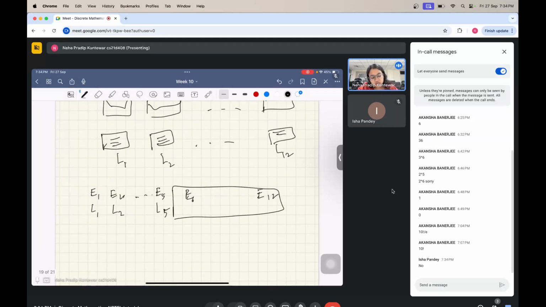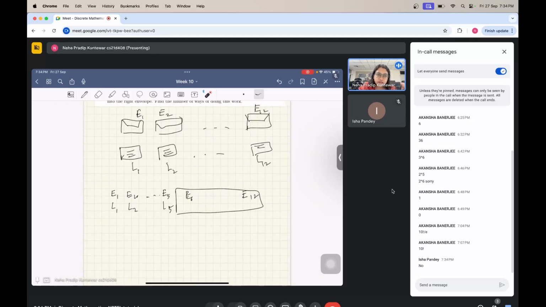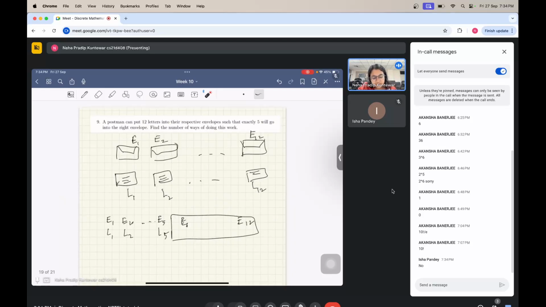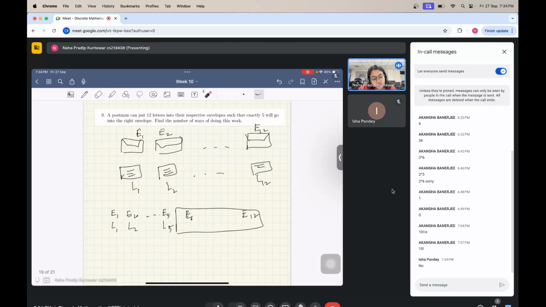You can't directly use the derangement here, but what we'll do is we'll modify this question slightly. You know that there are exactly 5 letters that go into the correct envelopes, and those could be any 5 of these 12. So the first question is, in how many ways can you choose